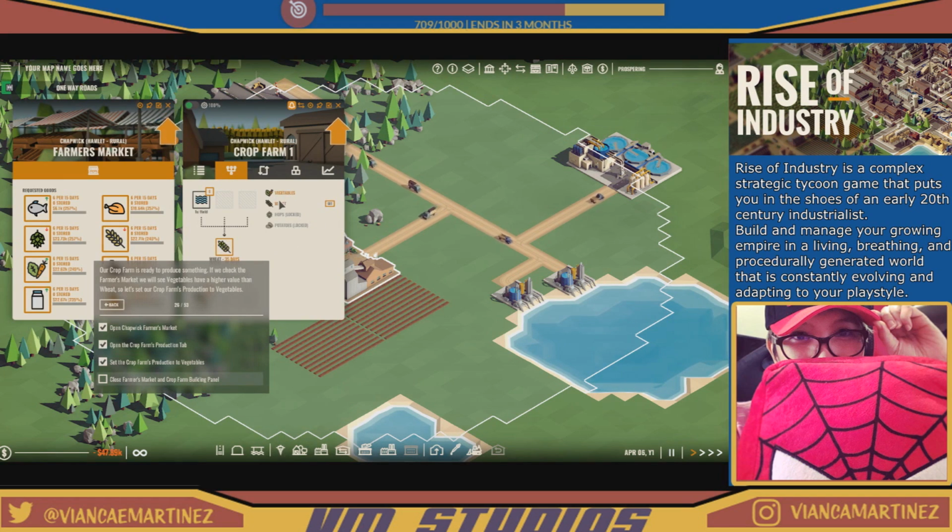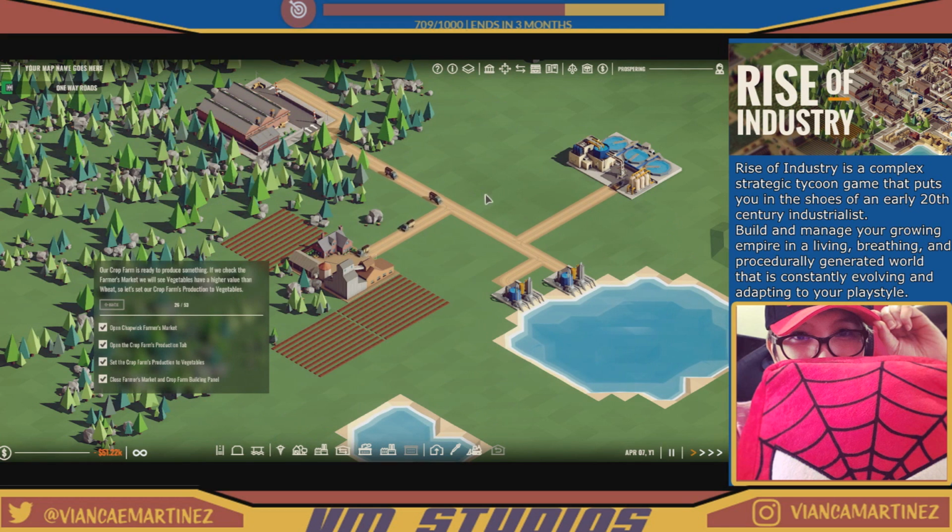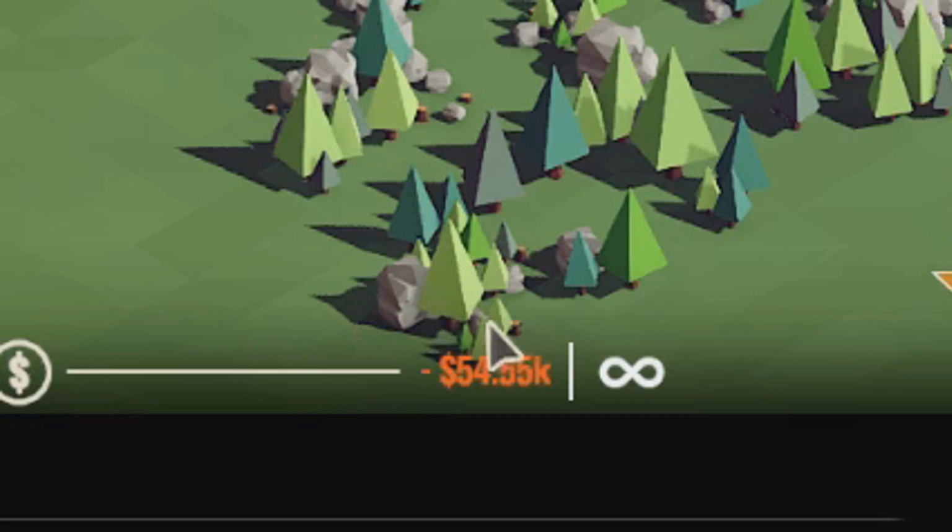Okay, crop farm, let's go and set vegetables instead of wheat. So we have here vegetables, wheat, hops, which is still locked, and potatoes also locked. They'll be unlocking it, I think, as we move further along. But since this is a tutorial, I don't know how far. And also, look at our money! Negative